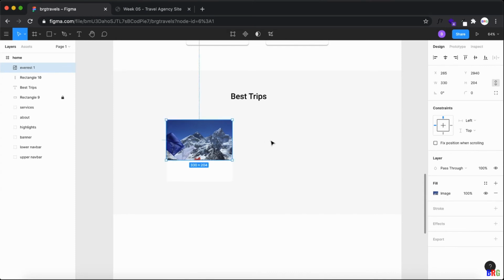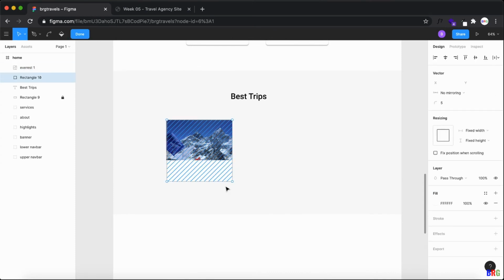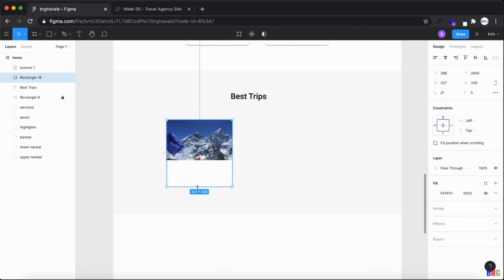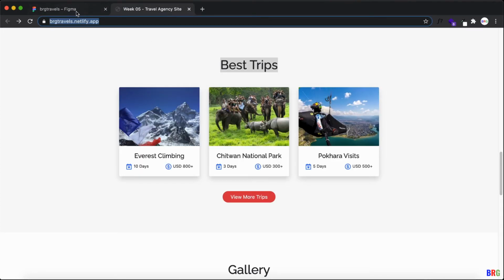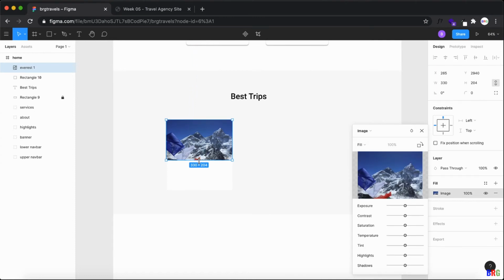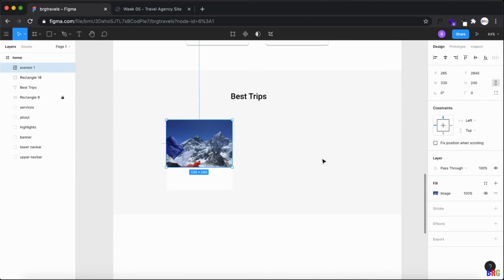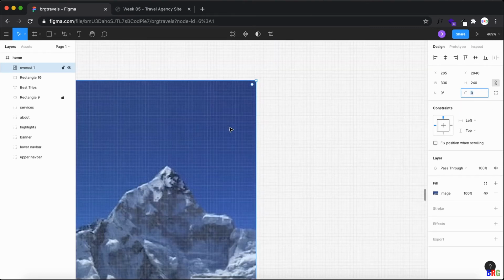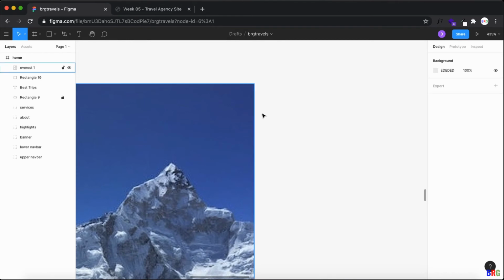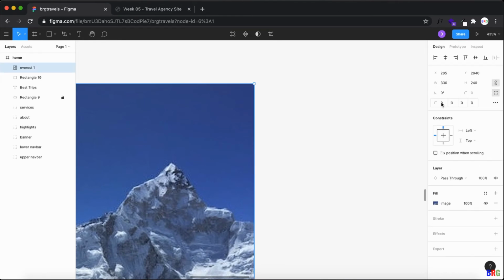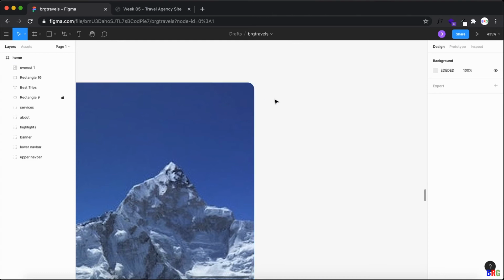Okay, and let me resize it a bit, you can see. A little bit extra, and here I need to give 5 to only top left and right. You can see, top left and right. So just click here. Top left is 5, top right is 5 only. You have to keep it mixed. Okay, now I got this effect, you can see.